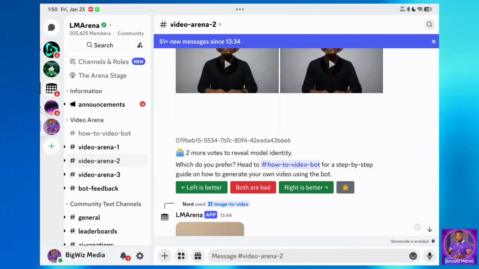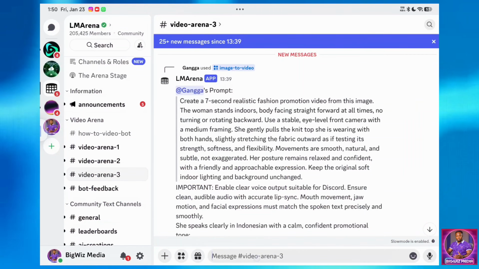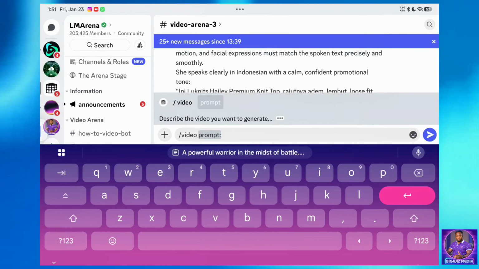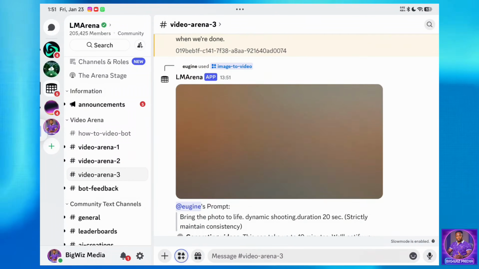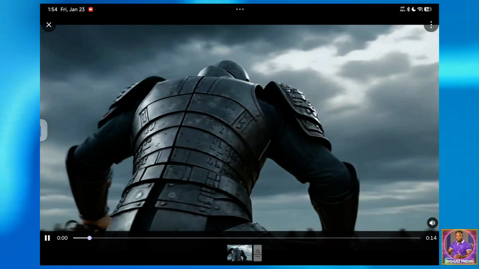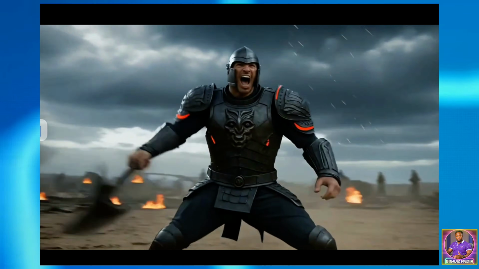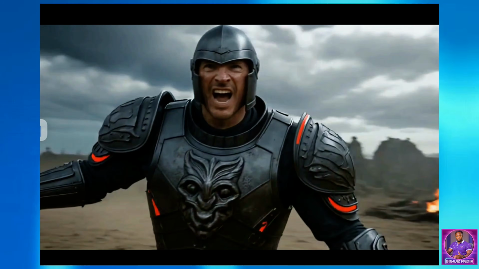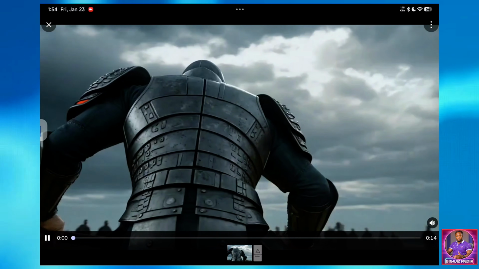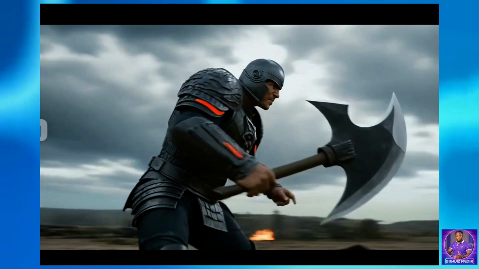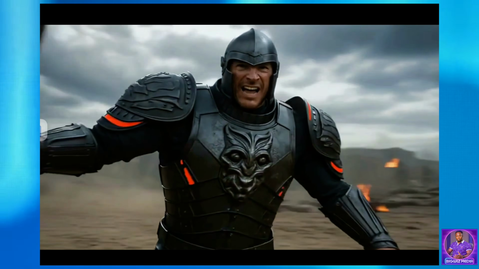You can download videos or create your own. To create one, select a channel, type /video, paste your prompt, and send it. The system will notify you when the video is ready. And here it is. That's the result. So that's how you generate images, videos, deep research, apps, and websites using LM Arena completely free